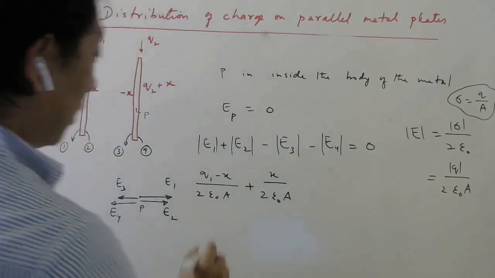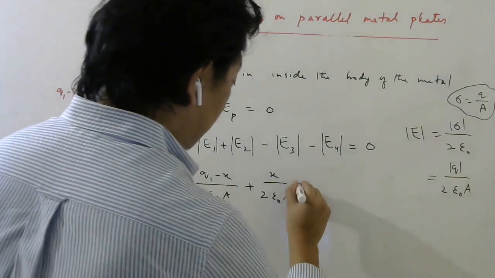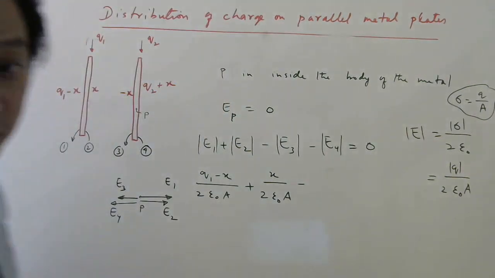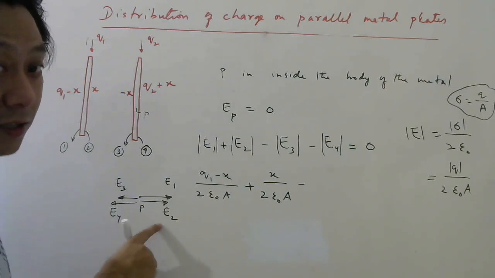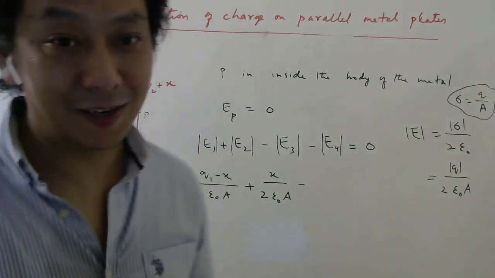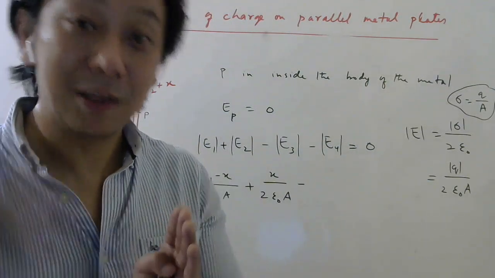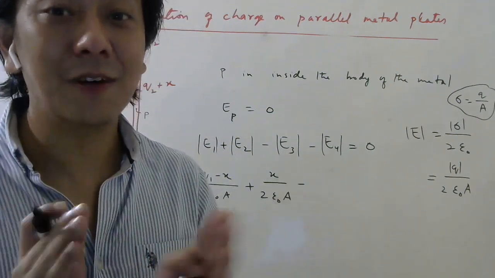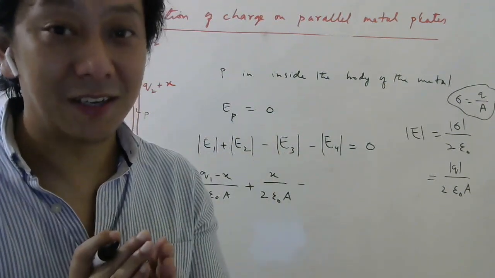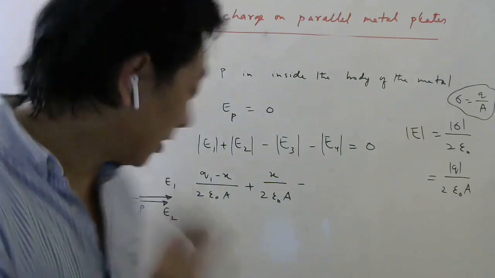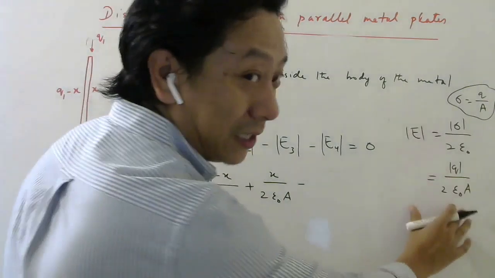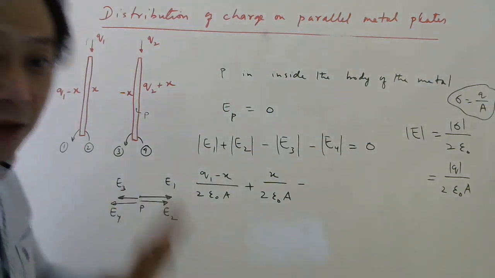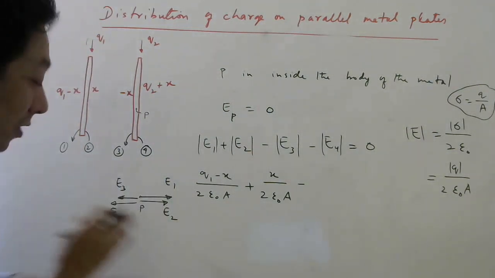So be careful when you add electric fields. First find the magnitude without worrying about the negative sign, but then you have to draw the directions. In potential, we never draw direction. We just write the formula including the sign of the charge, and then we do algebraic addition. But in case of electric field, we need to first draw the directions, write the magnitude, and then decide whether to add or subtract depending on the directions.